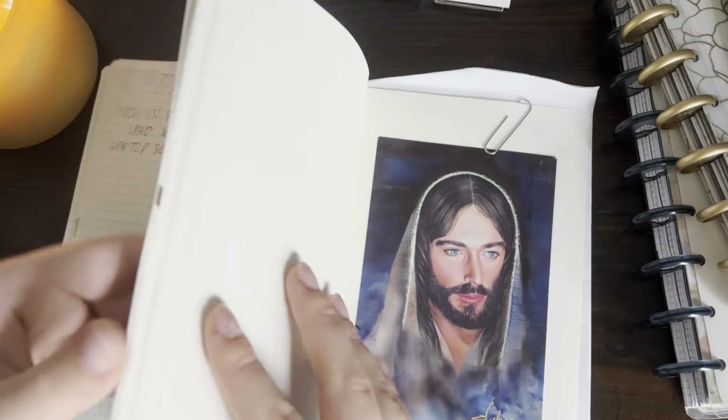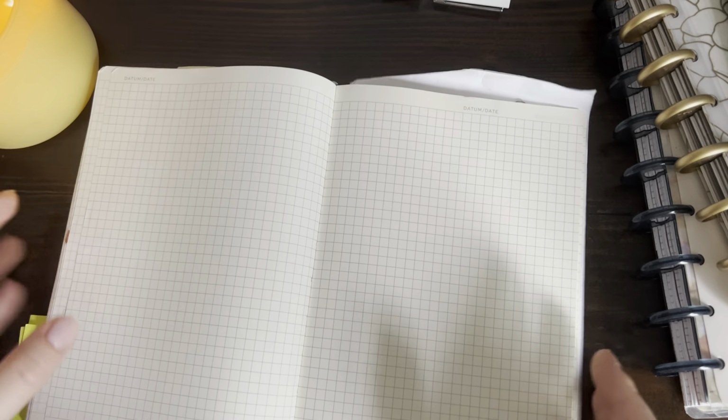So how I use my notebooks really hasn't changed, but I hate how dark this grid is. Like if we compare, I have a Stalogy right here. This paper is lighter, obviously, more cream than this yellow paper, but the grid is just so faint and light. I love grid paper. As you can see, all of my notebooks have been mostly grid, but this was just so dark. Even if I compare it